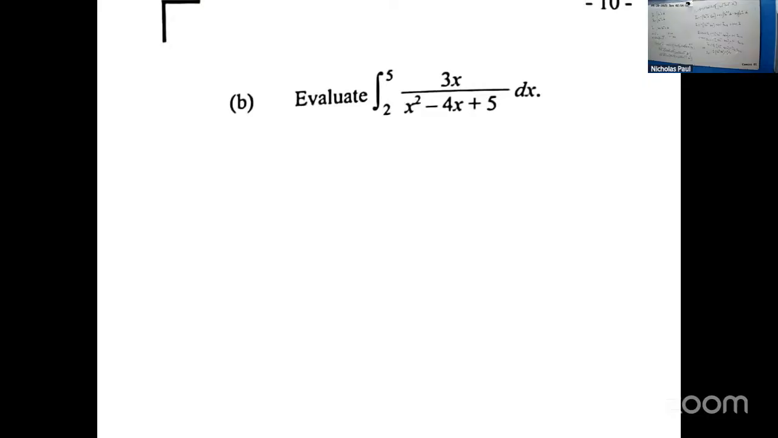Right. What did you all end up with? 1 plus x minus 2 also. 1 minus. Minus. Yeah, so when it comes to the square,